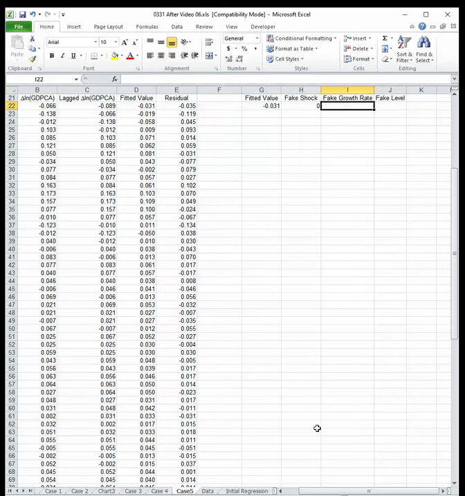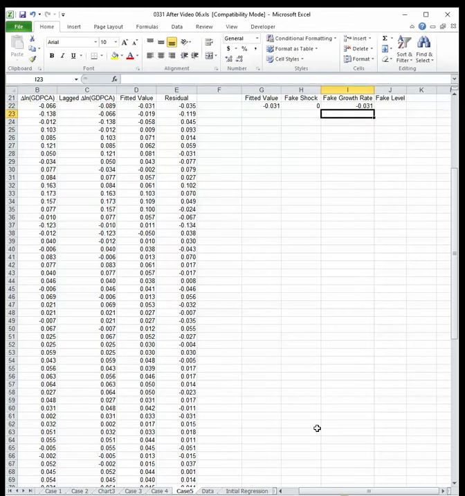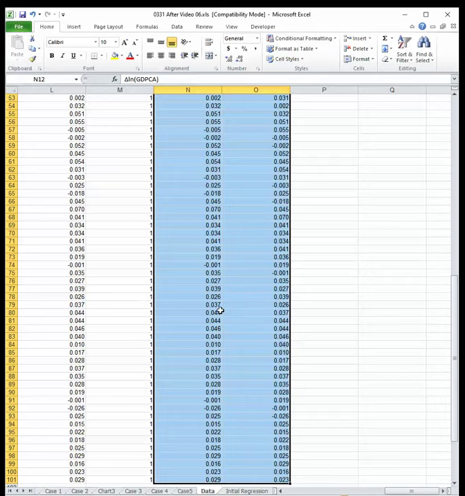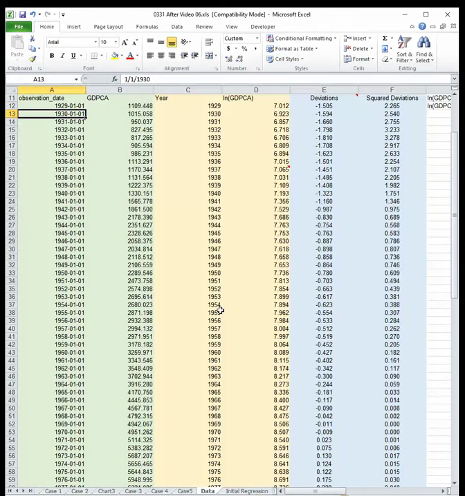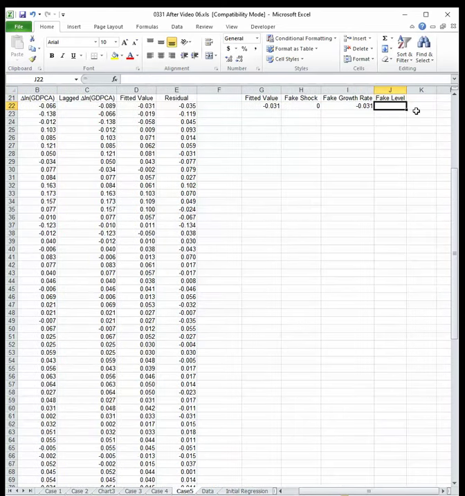Okay, so the fake growth rate is the sum of the two things to the left, so that's G22 plus H22. And then the fake level adds this on to what log GDP would have been in 1930. And we still have that back in the data. We can go look at that. So that was the 6.923 that we have here. So I put in the 6.923 plus,